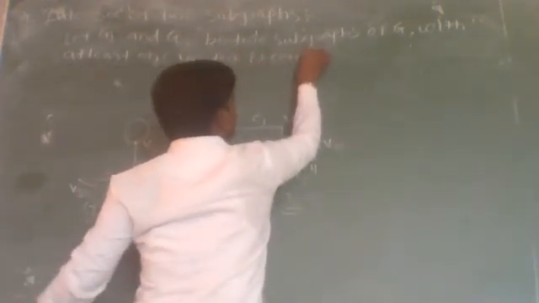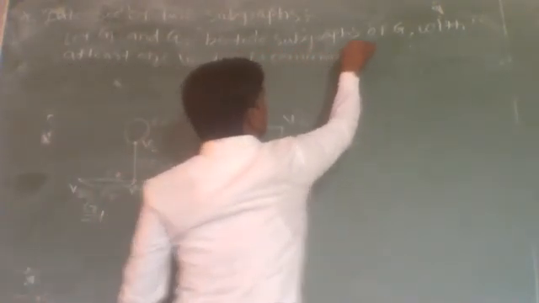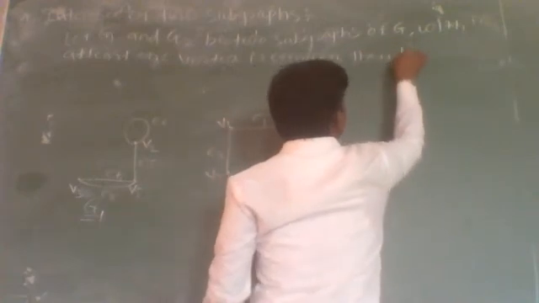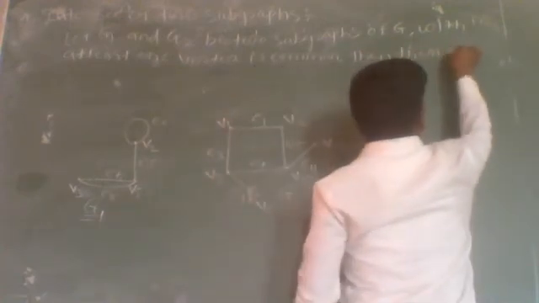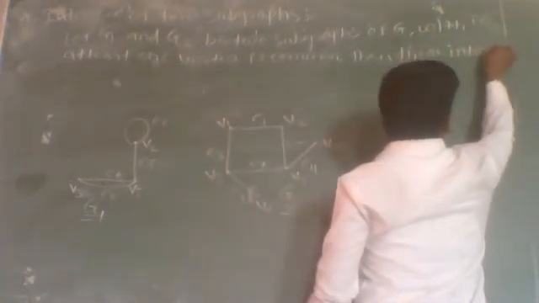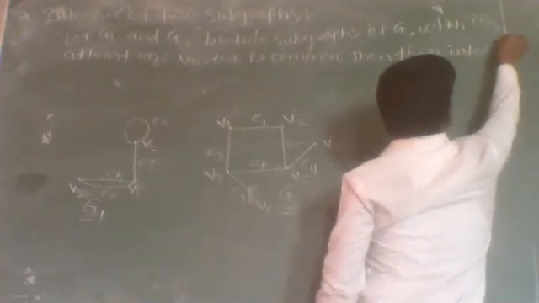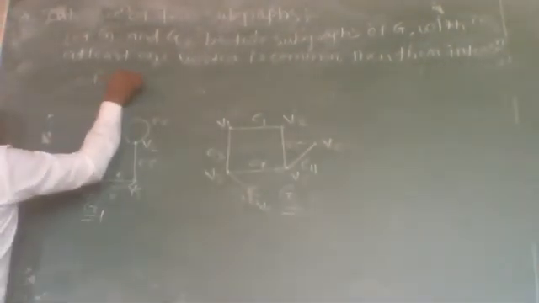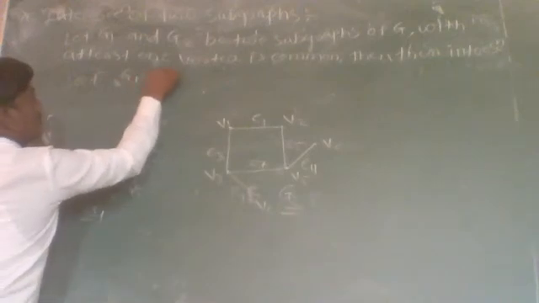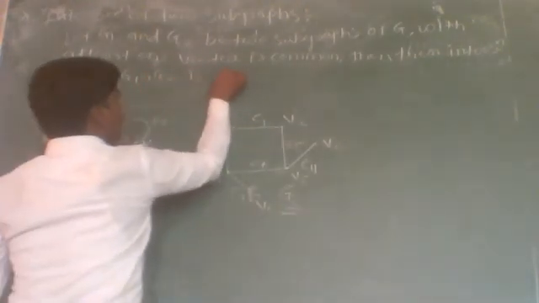Then the intersection of these two subgraphs G1 and G2 is defined by